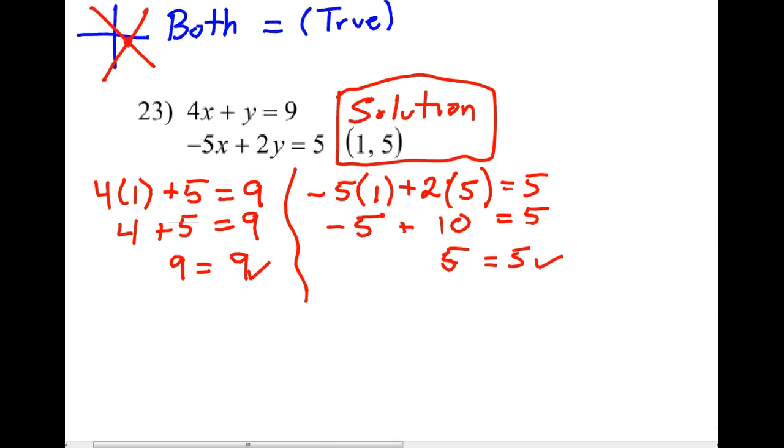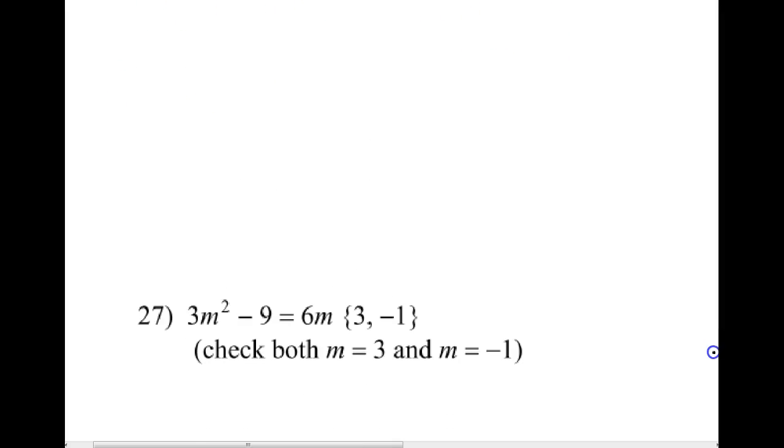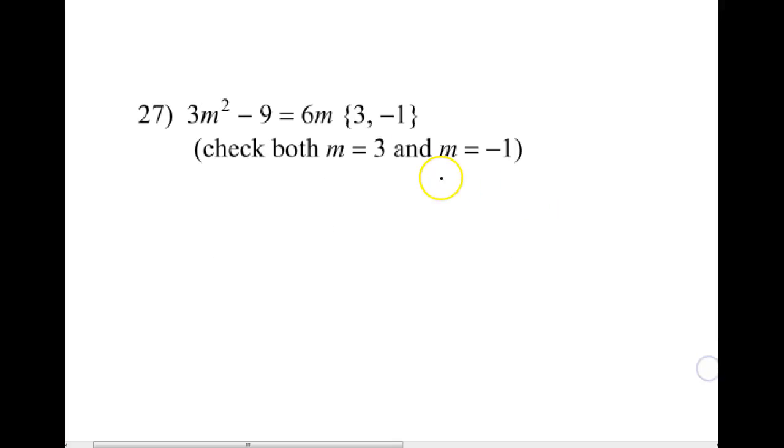All right, and lastly, I think we have the quadratics. Yes. So when they're written in the braces, not parentheses, that means both of these are m, as opposed to what we just did in parentheses. One was x, the other was y. They're different variables. When they're the braces, it's the same variable. There's only one variable. Okay? So there is a difference between using parentheses and braces. It's how many variables you have.